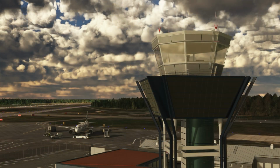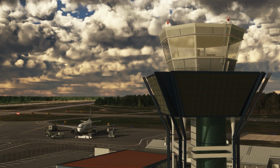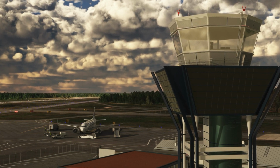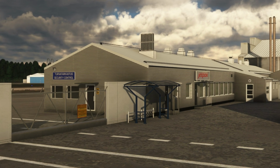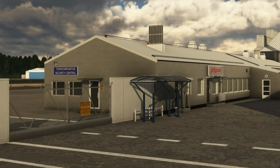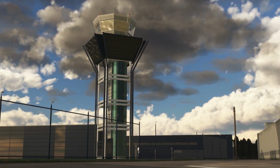Turku Airport, also known as EFTU, is located on the southwestern coast of Finland. Now Oulu Airport, also known as EFOU, is located in northern Finland. It is the third busiest airport in Finland, following Helsinki and Rovaniemi. The airport provides a large number of daily connections to Helsinki, the country's capital, as well as several seasonal connections